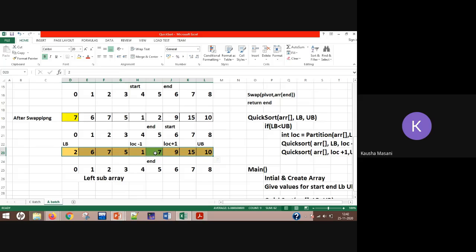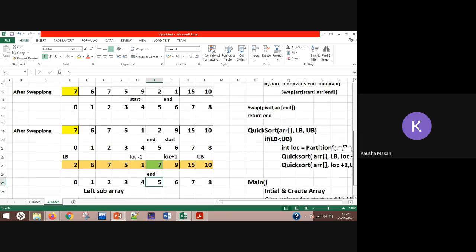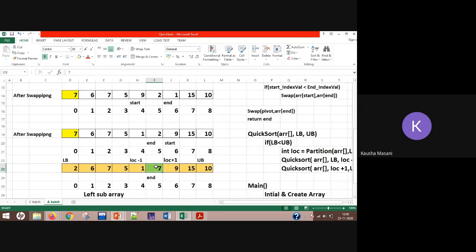एट द एंड ऑफ माय पार्टीशन फंक्शन क्या रिटर्न करवा रही हूँ? मेरा एंड का इंडेक्स वैल्यू। जहां कहीं भी मेरा एंड है उसकी इंडेक्स वैल्यू मैं रिटर्न करवा रही हूँ। कहां पे रिटर्न कर रही हूँ? क्विक सॉर्ट में वापस से। और उस क्विक सॉर्ट में मैंने वापस से रिकर्सिव क्विक सॉर्ट की फंक्शनिंग लगाई हुई है। और वो मैंने क्यों किया है? क्योंकि जो सेम प्रोसीजर मैंने इस पाइवोट एलिमेंट 7 के लिए यहां से लेके यहां तक किया, वो सेम प्रोसीजर मुझे लेफ्ट सब एरे के पाइवोट एलिमेंट्स और राइट सब एरे के पाइवोट एलिमेंट्स के लिए करना है।